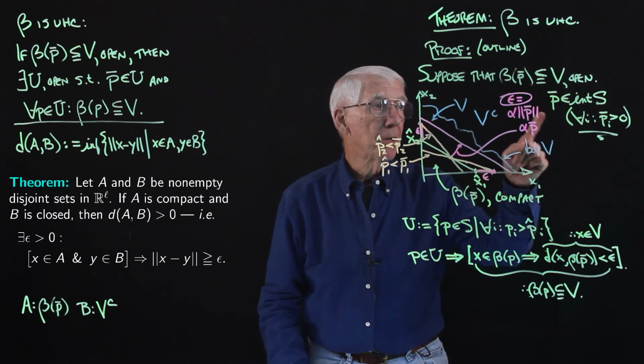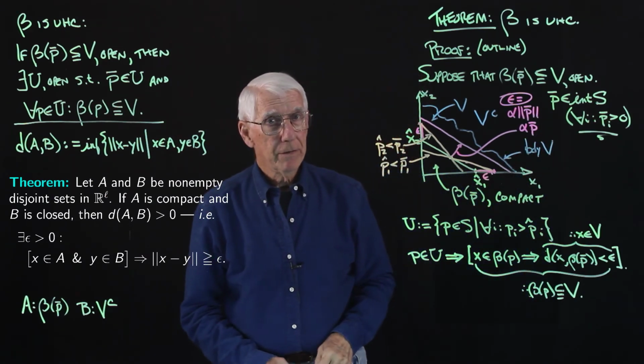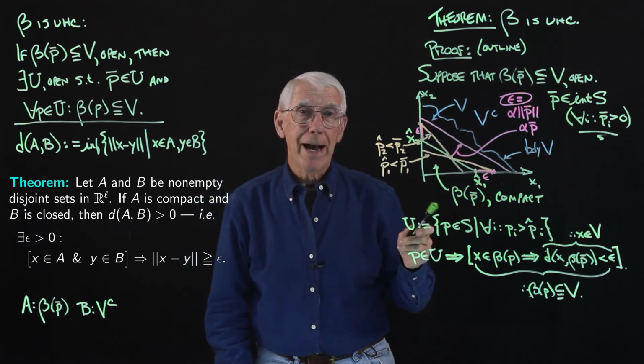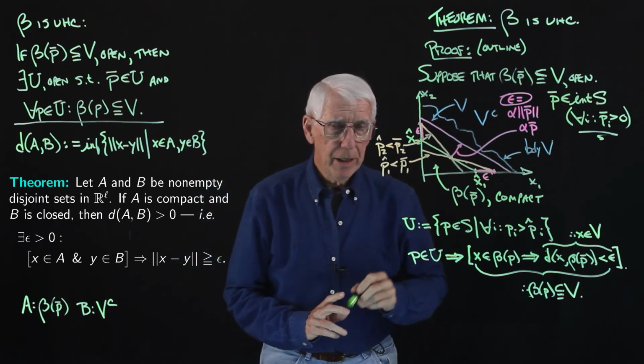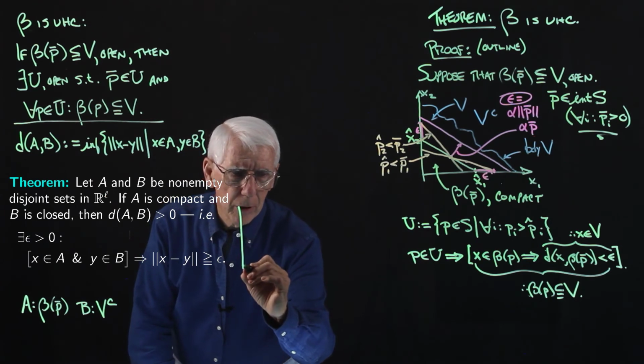Now, that completes the proof for price lists where the prices are all positive, but we now need to check what happens if at least one of the prices is zero. So then the picture looks a little different. Let's draw a diagram